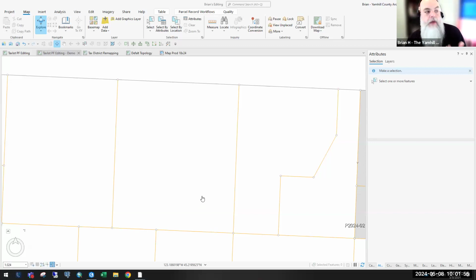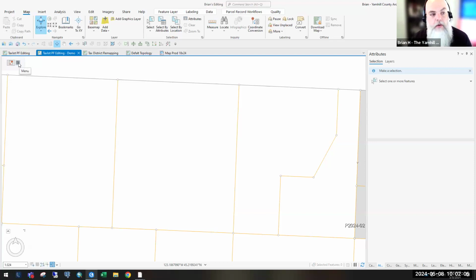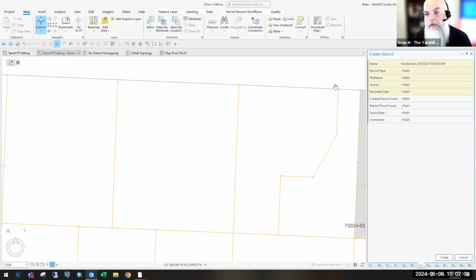Okay, so my process for putting in a partition plat. The first thing I'm going to do is I create my record, my revision. So we're going to create a record. As far as naming, what we're using just corresponds to our revision naming convention in our tax system that helps us track the revision through when it goes to my appraisal staff. So this one's